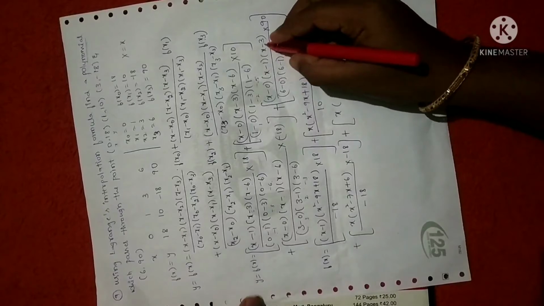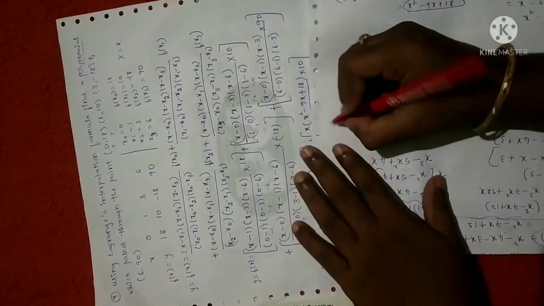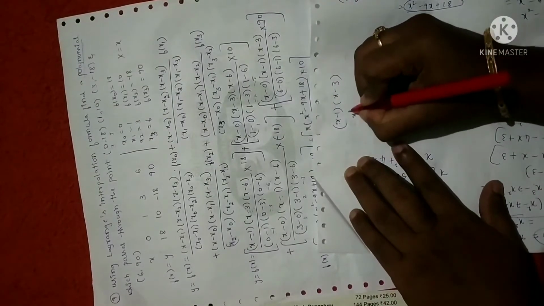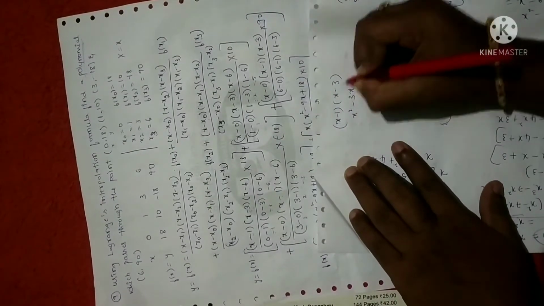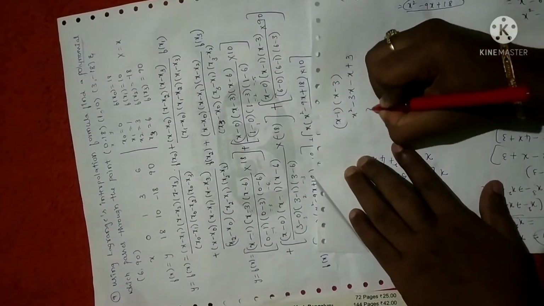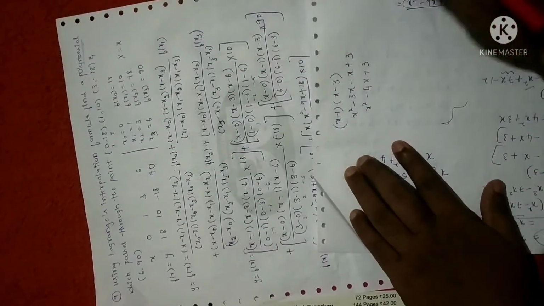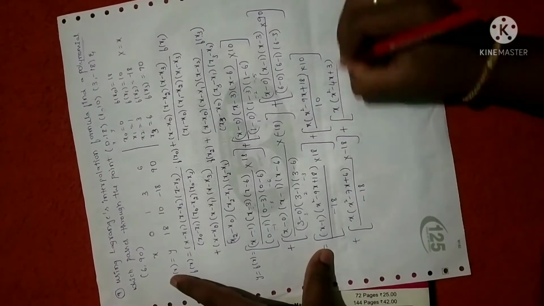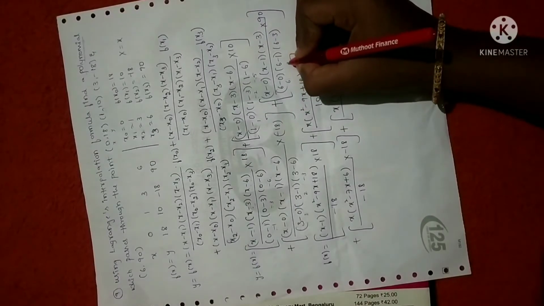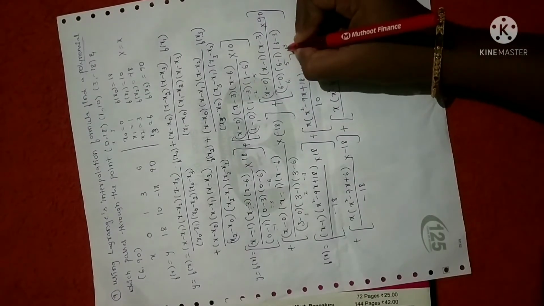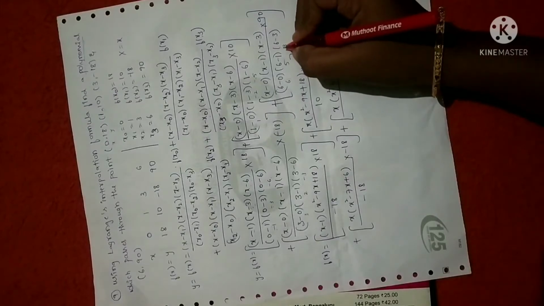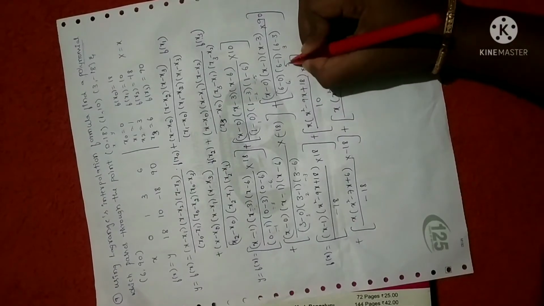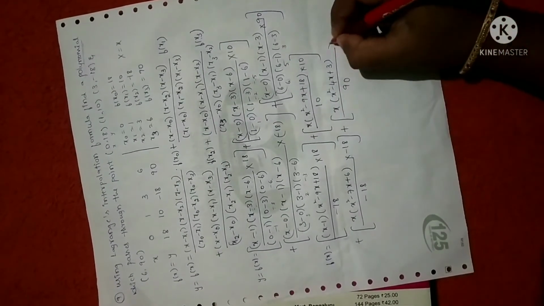So into x minus 1 into x minus 3 you will get. I'll just simplify here, x minus 1 into x minus 3. When you multiply, you will get x into x, x square, minus x into 3 is 3x, minus 1 into x is minus x, minus into minus plus 3. So x square minus 4x plus 3, divided by 6 minus 0 is 6, 6 minus 1 is 5, 6 minus 3 is 3. Clear? Now let me simplify this. After multiplication you will get 6 into 5 into 3 is 90, into 90.